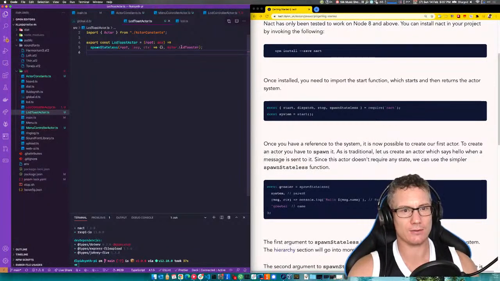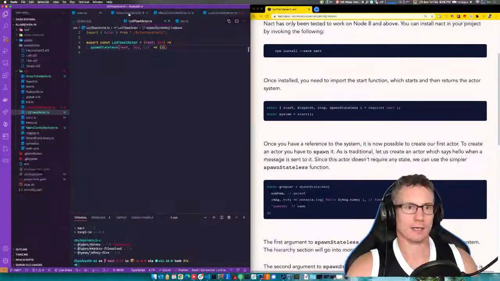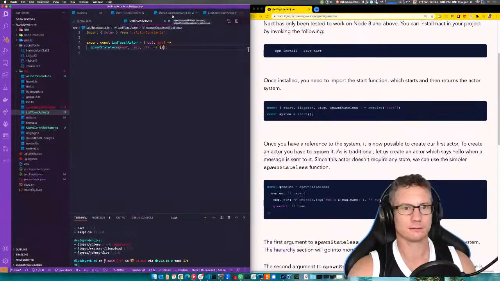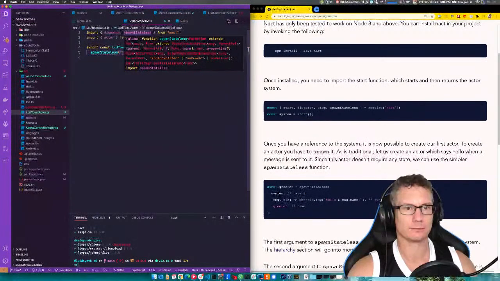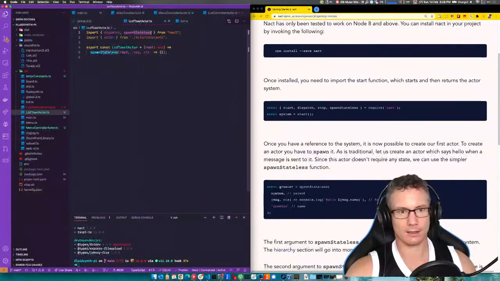Stateless actors don't have names. Okay. So that's interesting. In that case, I think I should make it a stateful actor and have the state